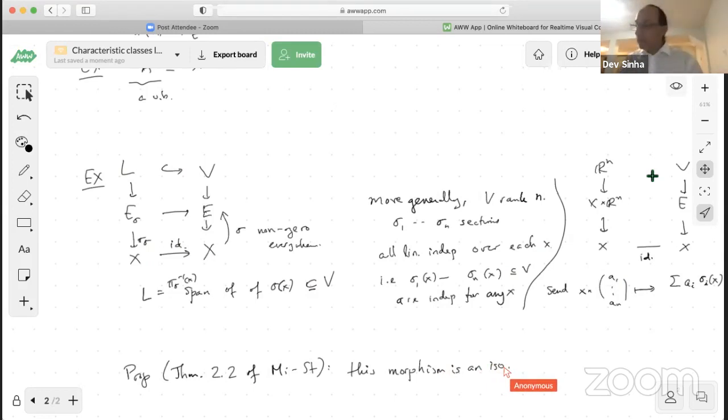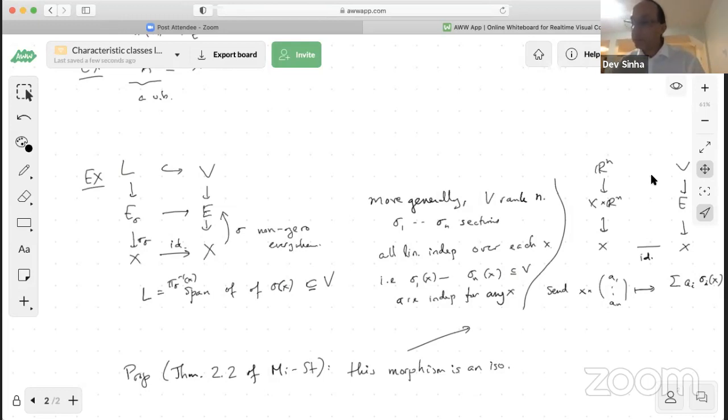The morphism I just constructed there, so there isn't too much to it. It's obviously one-to-one, pretty clearly onto. You would still want the standard topology thing, some continuity of the inverse map, but that's not too hard to establish, so I won't say too much about that. That is in Milnor and